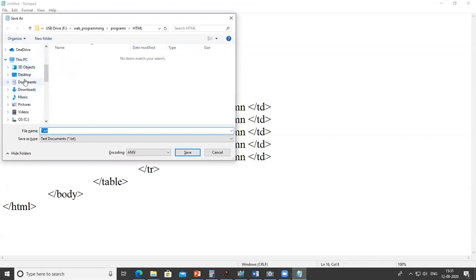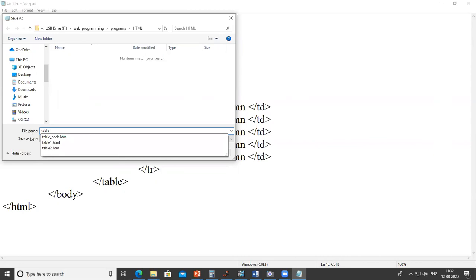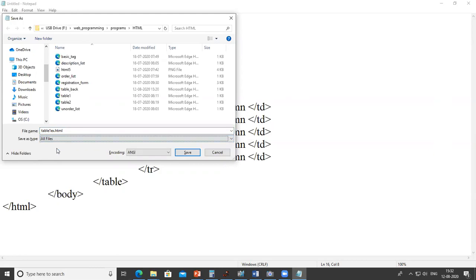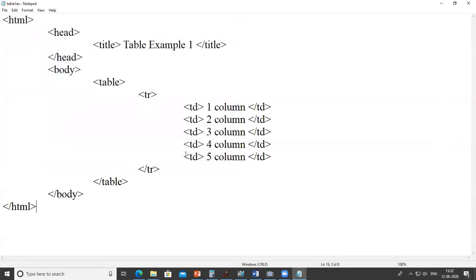I will save it here only, as table first example dot HTML. Don't forget to give its extension, otherwise it comes in text format. So I write it and click on save.